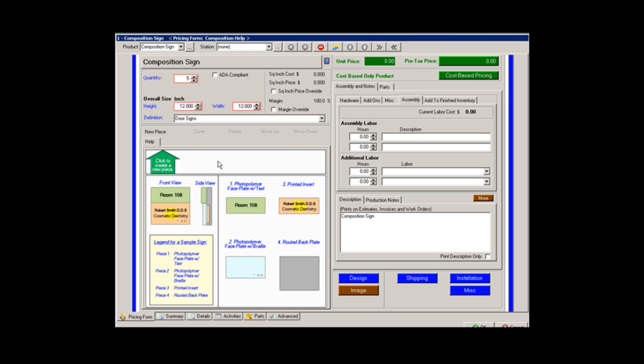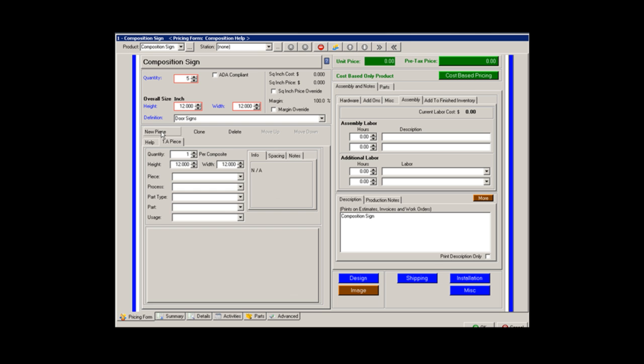And then we're going to build this project in pieces. If we look at the help screen, this is an example of something like a photopolymer sign, interior architecture sign, where you have the front view, side view, and it shows the layers. Well, we can build this structure in layers within the product by adding one layer at a time. So if I add a new piece, because you may have multiple pieces in one layer,